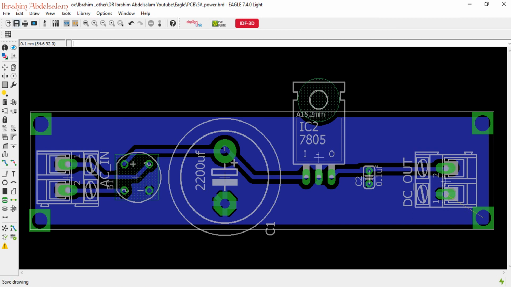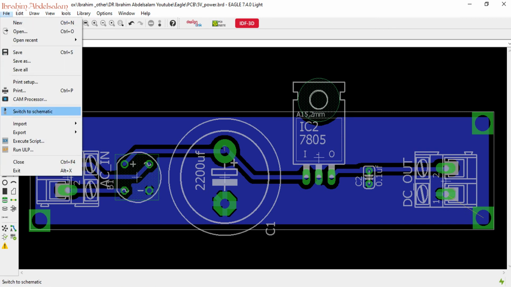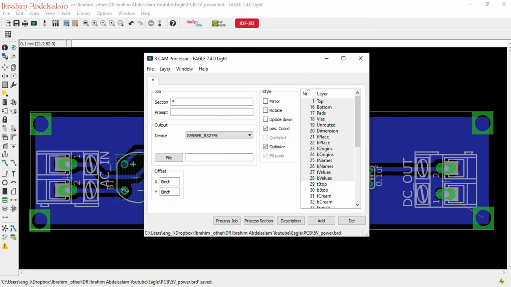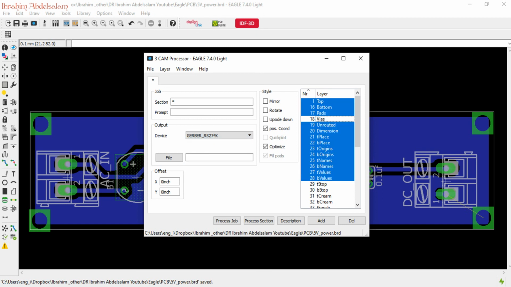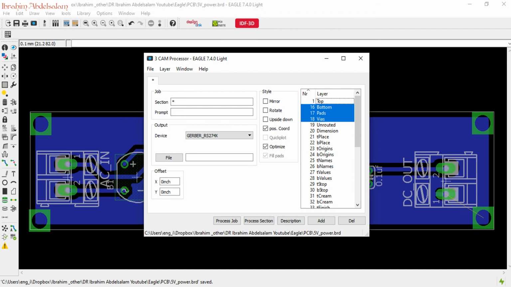First we save our work, then go from File, CAM Processor. Usually most suppliers use Gerber RS274X, and you build it layer by layer. Let's say you build the job for the bottom, so you need the bottom and pads. That's Gerber, and one more for the top, and keep doing these steps until you finish. This process takes much time,